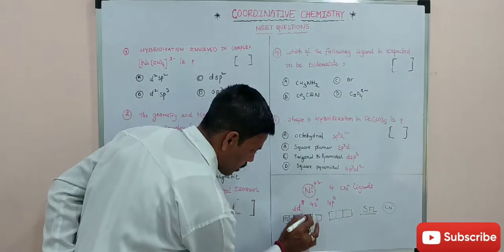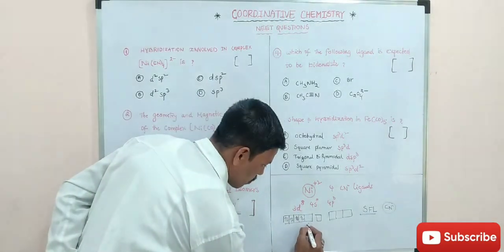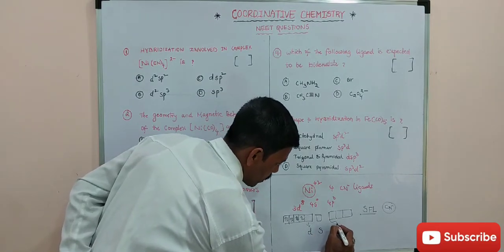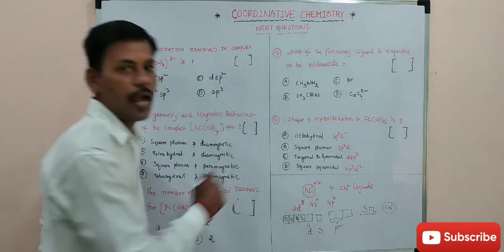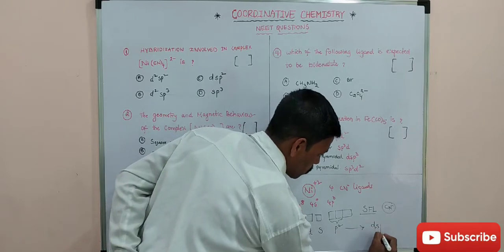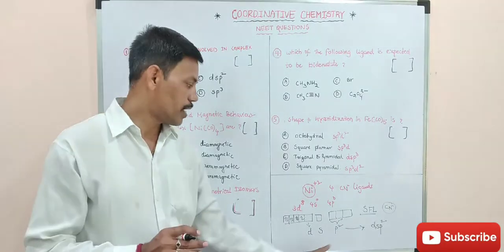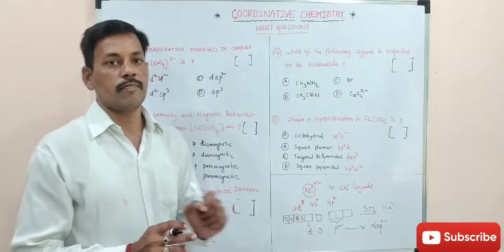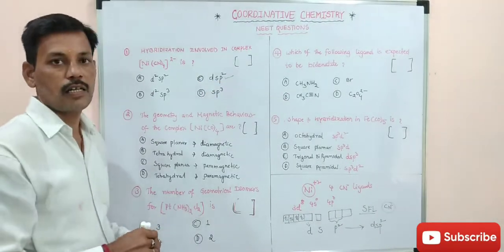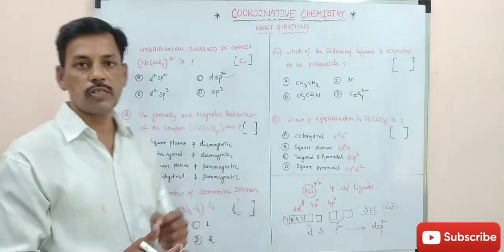So these electrons jump to this side. Here, 1 d orbital, 1 s orbital and 2 p orbitals are involved in the hybridization. So this type of hybridization is dsp2 hybridization. What is the type of hybridization? dsp2 hybridization is present in nickel. So the correct answer is dsp2 hybridization, so our answer is C. Now we go to the next question.